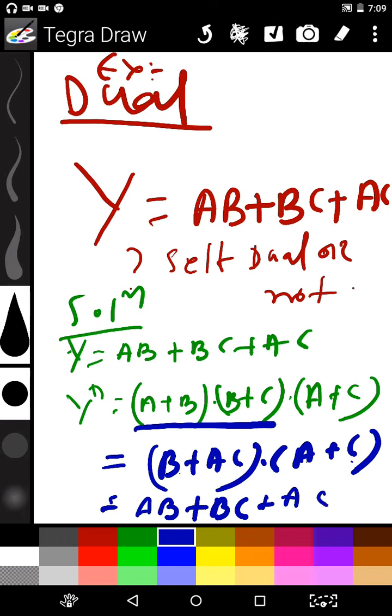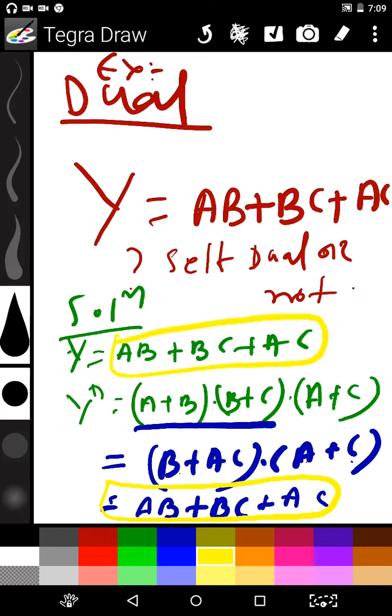So here we observe that both the dual form of this expression and the original expression are the same. So this expression is a